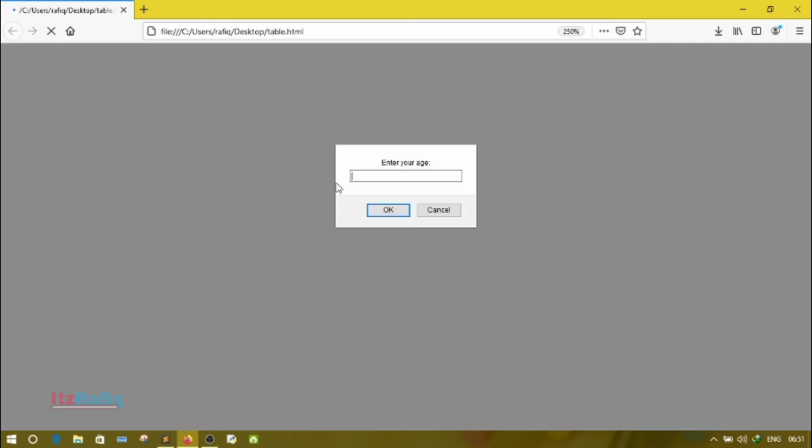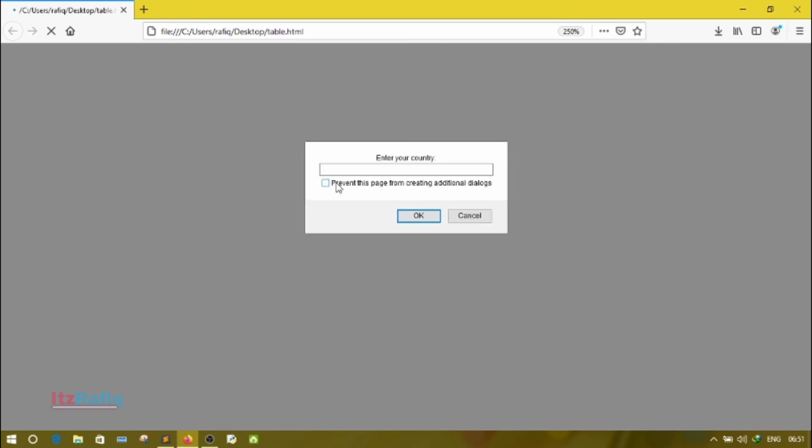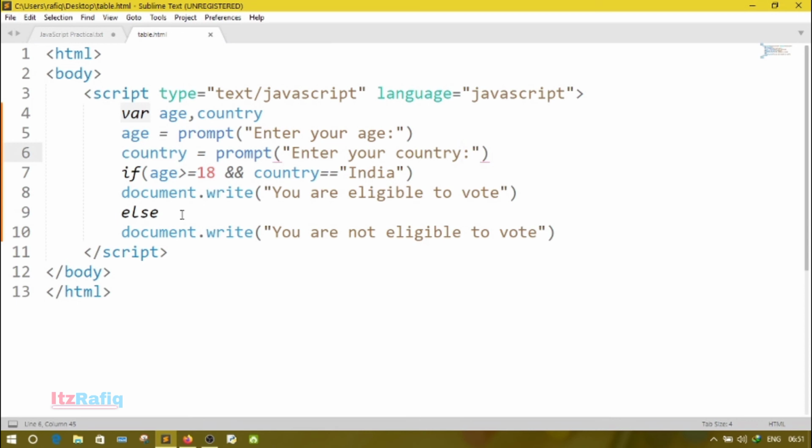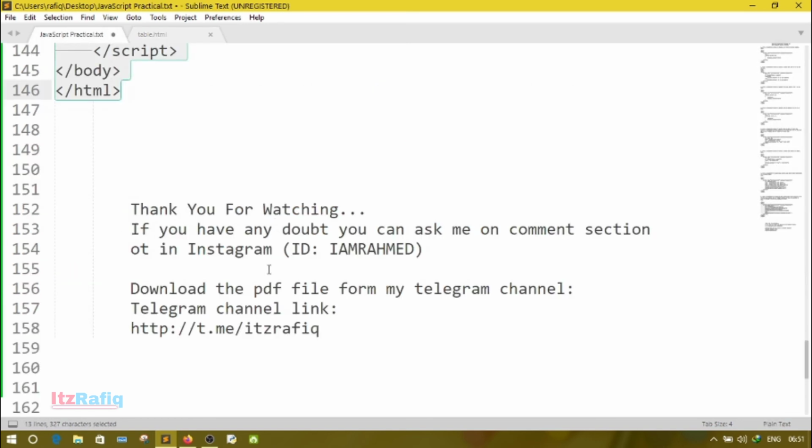Now suppose my age is above 18, it's 22, and my country is Bangladesh, so you are not eligible to vote, meaning both conditions should be true, then only will this statement display you are eligible to vote. If any one of these statements is false, then it will display the else part, you are not eligible.